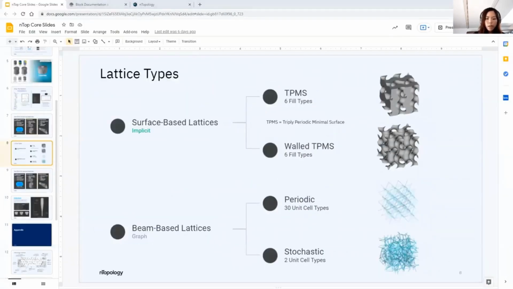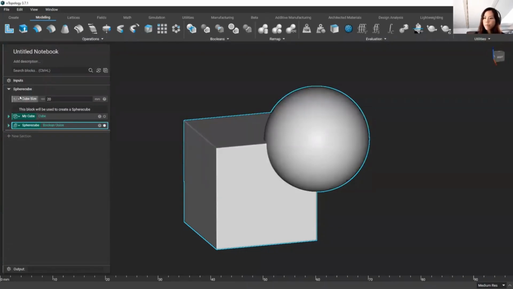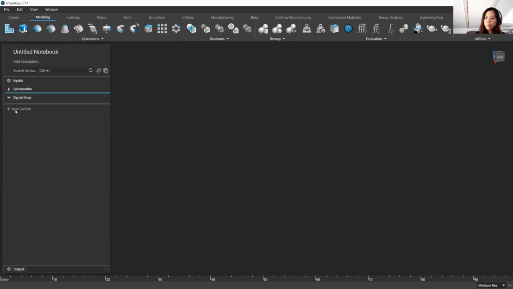Now let's go back to our nTop instance. So I'm going to now create a new section and name this gyroid gear. And then let's maybe collapse this section. So now, before we collapse that, we have to toggle visibility off. Now we want to import our part, and there are a few different ways you can do this. The first way is